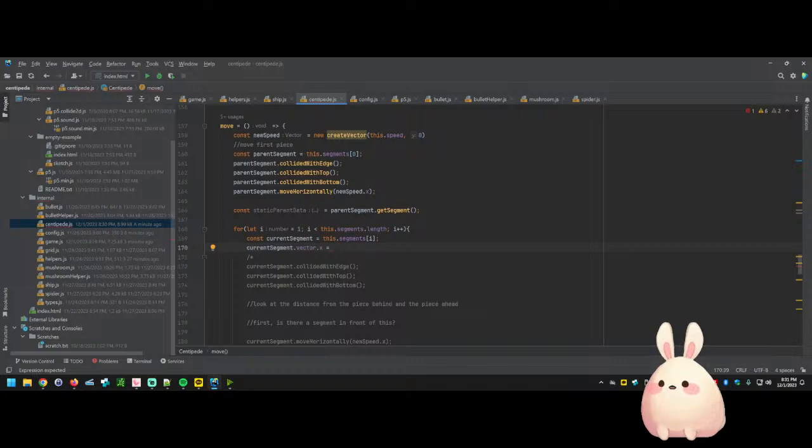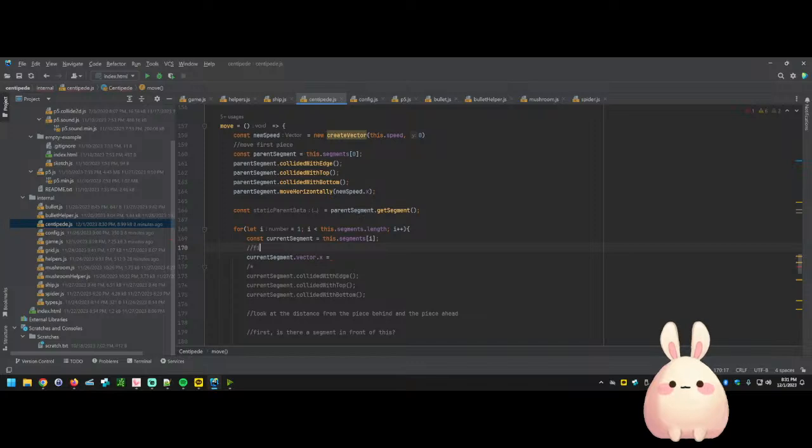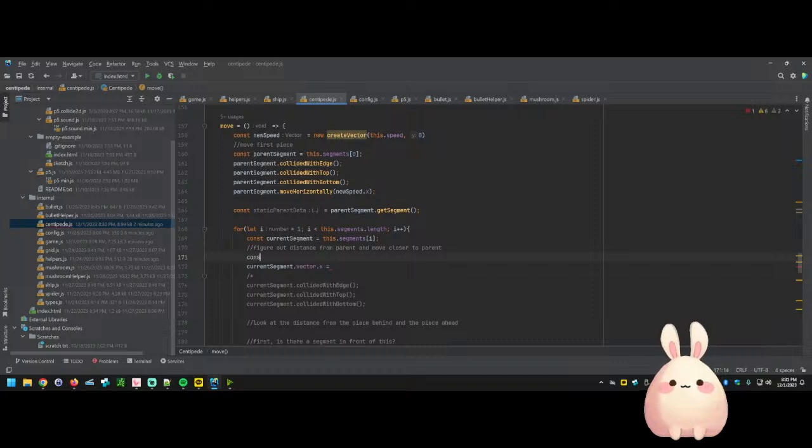We want to move it, I guess, positively or negatively depending upon where the child is, or where the parent is. So if the parent is moved 10 over to the left, you should figure out your distance from the parent. Figure out distance from parent and move closer to parent. So const dist is going to be equal to